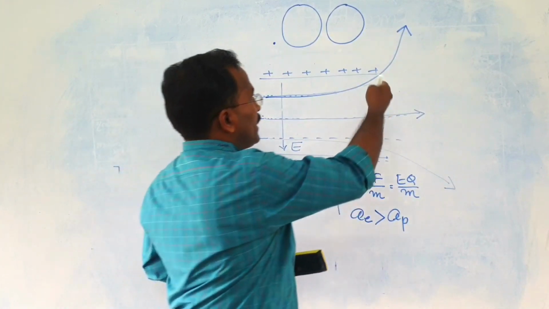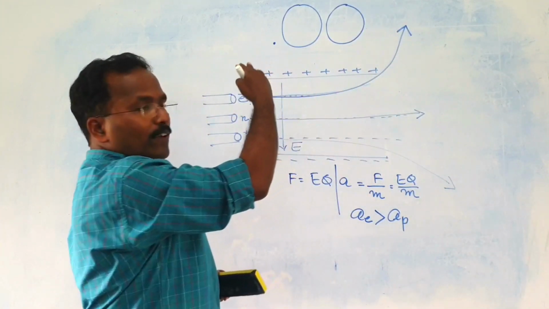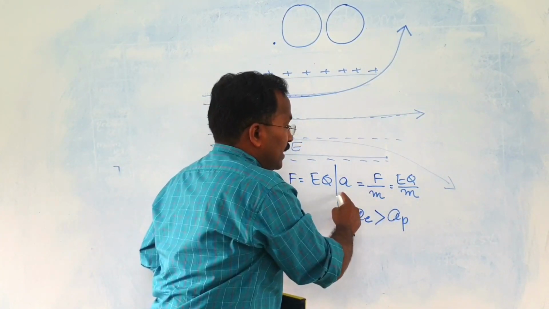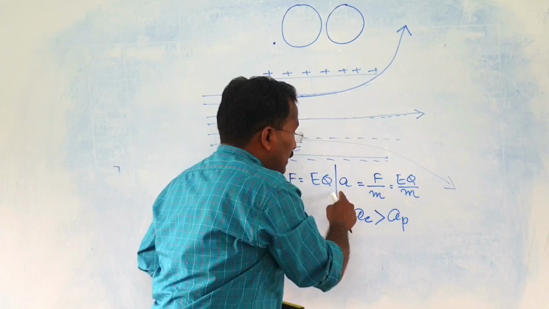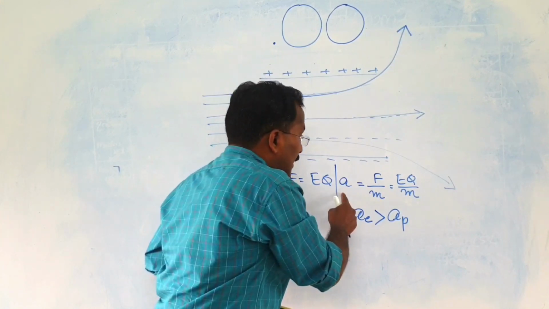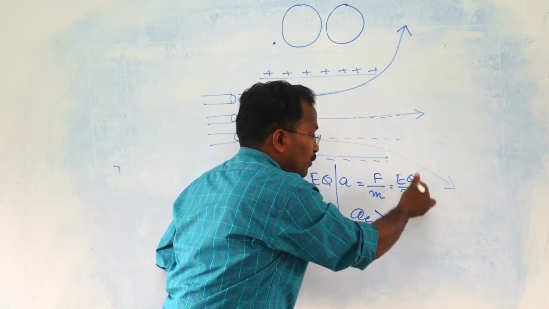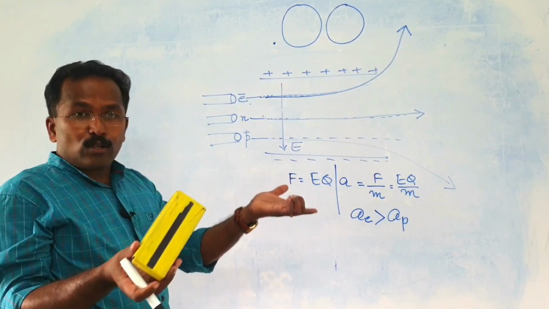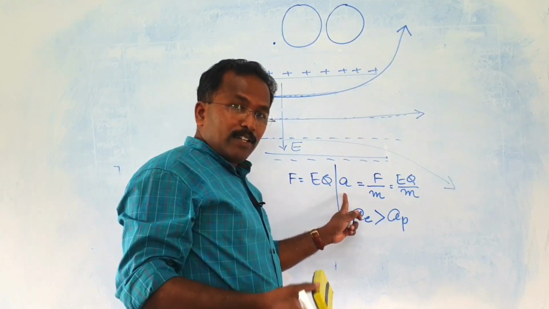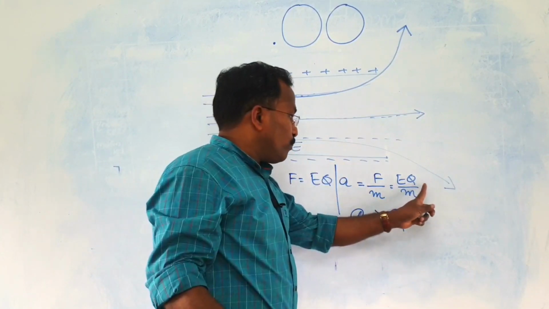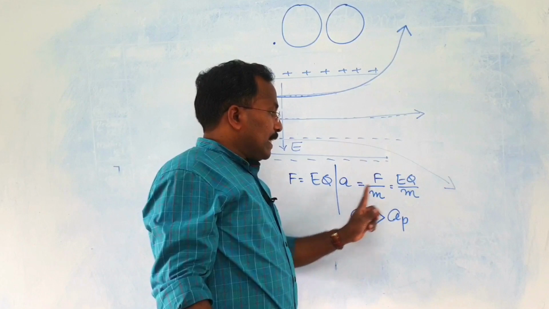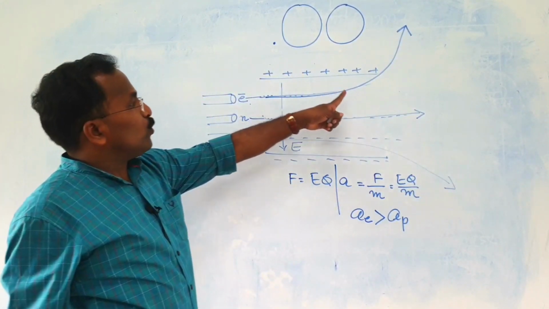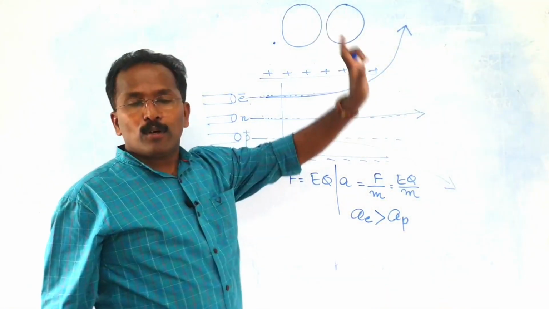Okay. So why is it twisted, or why is it deflected more? Because its mass is less. So acceleration actually depends on mass, or you can say the acceleration depends on the Q by M ratio. If you take another particle, the charge also may be different. So the acceleration will depend on Q by M. The particle with more Q by M will be deflected more.